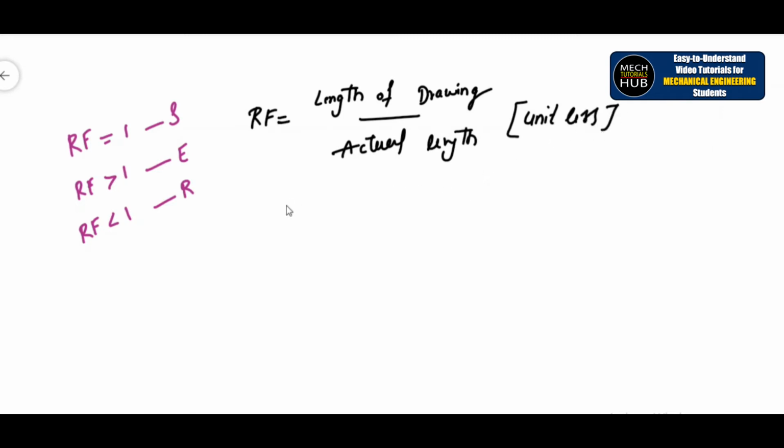Okay, so RF does not have any units. And the second one is length of scale, that is equal to whatever value you get for RF, multiplied by measured distance. In both of these, the RF value will be given to you. Length of scale you can easily calculate because the measured distance will be given to you.